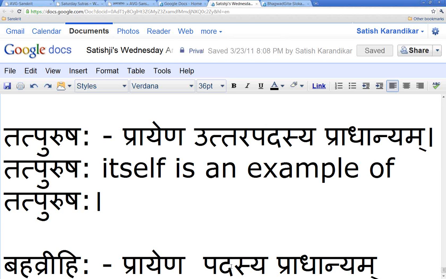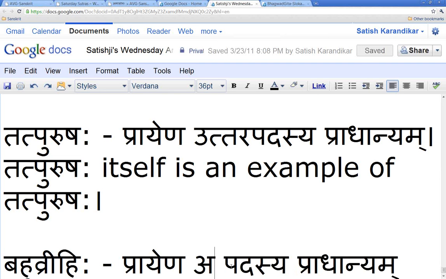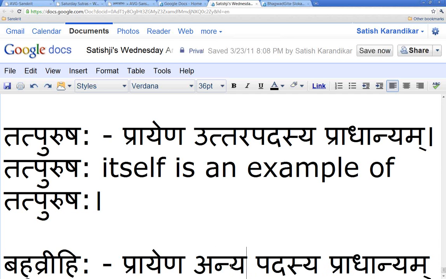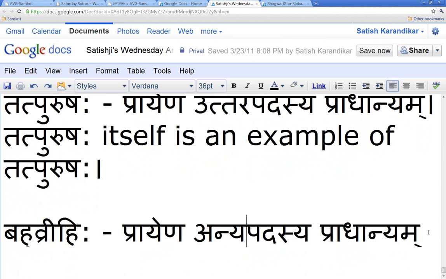While when you say Bana Hataha, that Hata was qualifying Wali directly. So that cannot be a Bahuvrihi. Very important: if you have an adjective in the compound which is qualifying the Pradhana Padam, then it is not a Bahuvrihi compound. So it is Anyapadasya Pradhanyam. Now you can have some fun and go through the Gita, look at all the compounds, see what kind of compounds you have. I give an example: the word Bahuvrihi itself is an example of a Bahuvrihi.